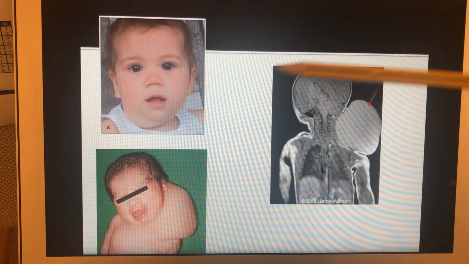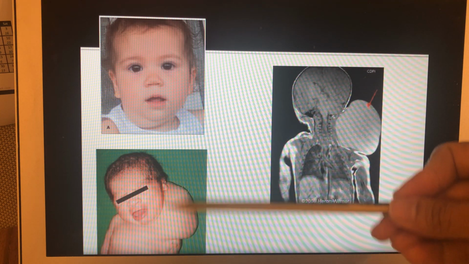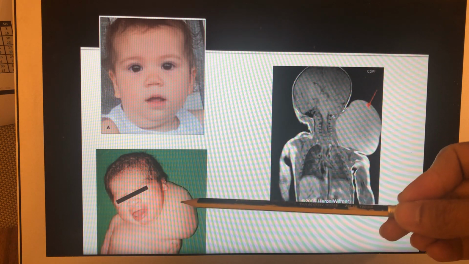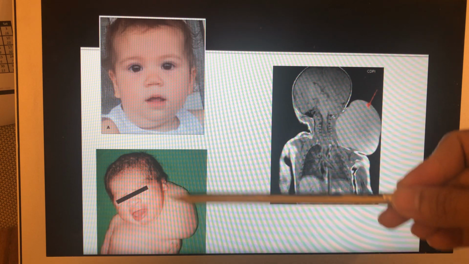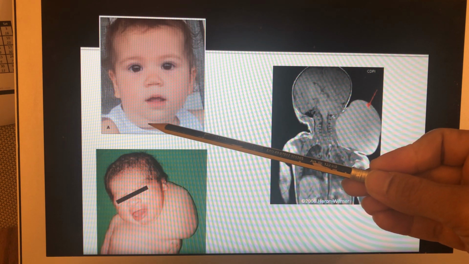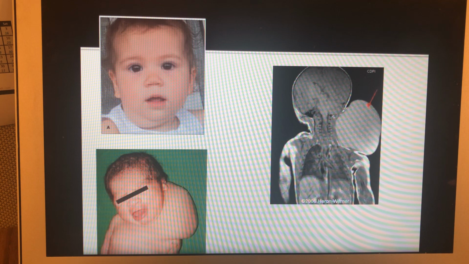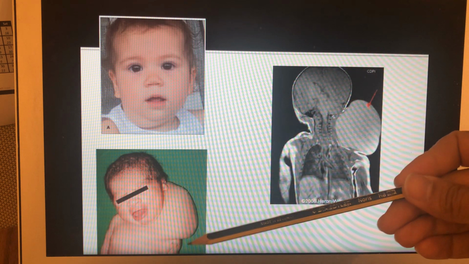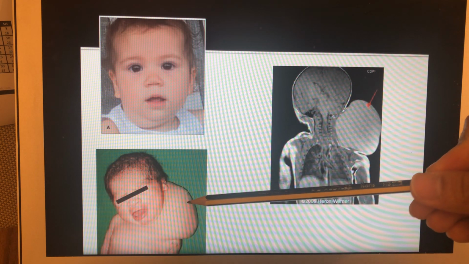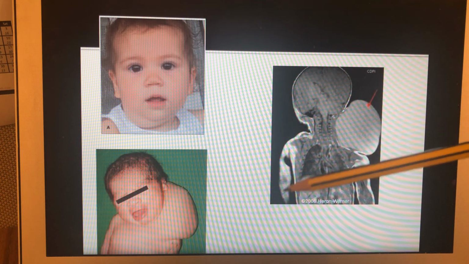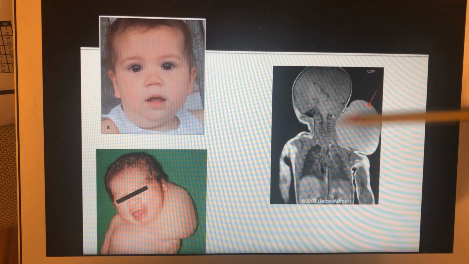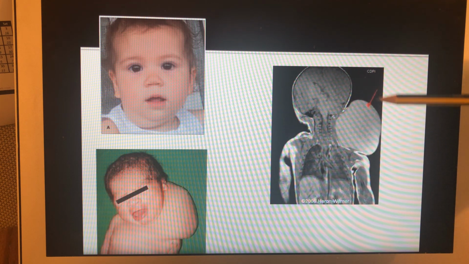This is an example of lateral neck mass. As you can see in these two patients, they can be big and aggressive, or can be mild to moderate. This is a typical location of lymphangioma. They used to be called cystic hygromas. MRI is the gold standard test. As you can see, this is the large cystic structure. It can be multicystic, can be